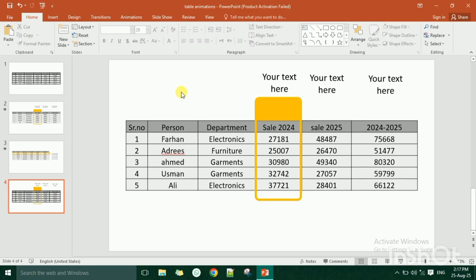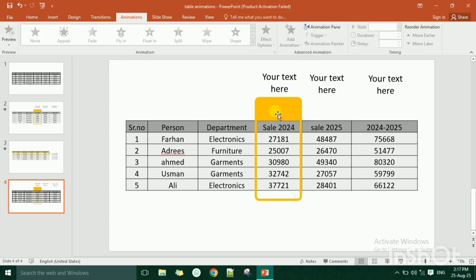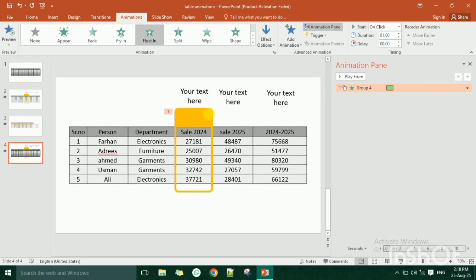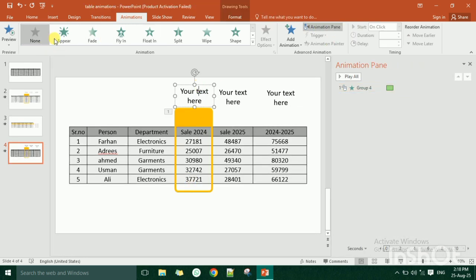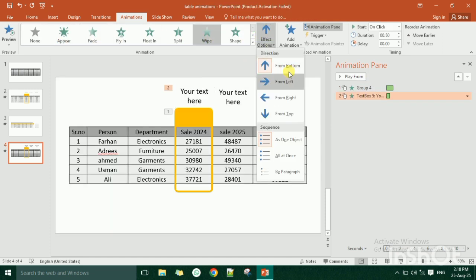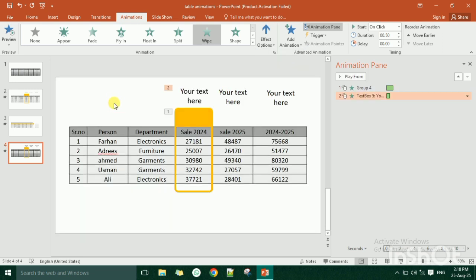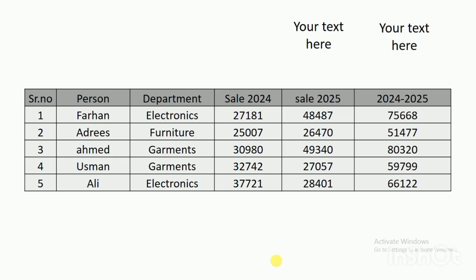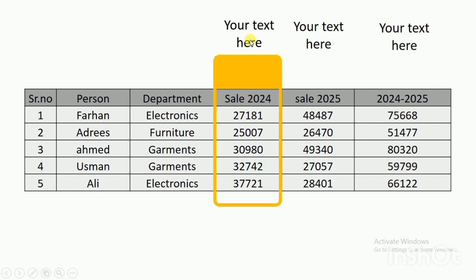So now let us apply the animation. We'll go to the Animations tab and click on this frame, and from here I'll apply Float In. So here our frame gets entered. From here I'll click on Float Down. So this kind of animation is created, and let us open the animation pane, and now I'll click on this text box and choose, let's say, Wipe, and for the effect I'll choose From Bottom. So this kind of animation is created. Let me show you its preview. On the first click there comes a frame, and on the next click your text is revealed here.